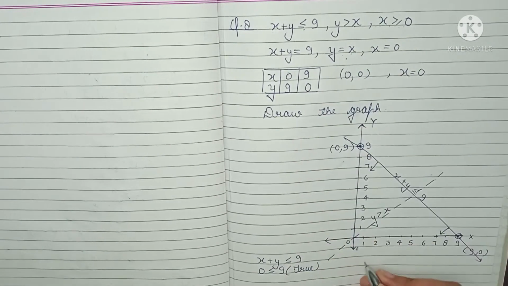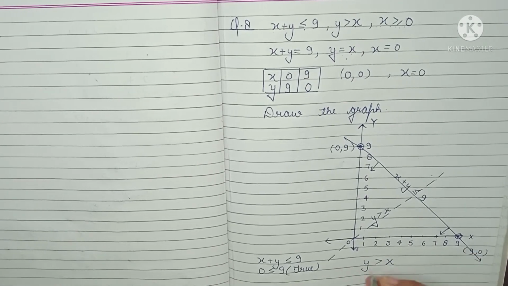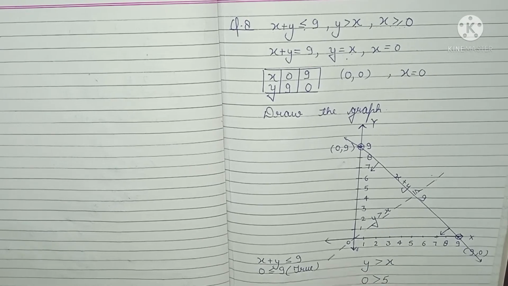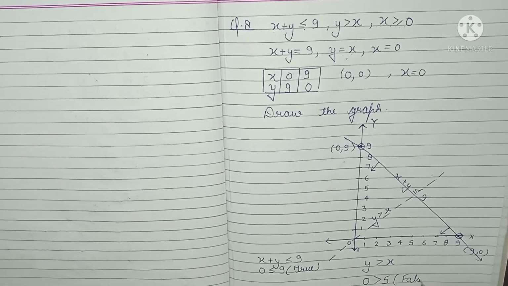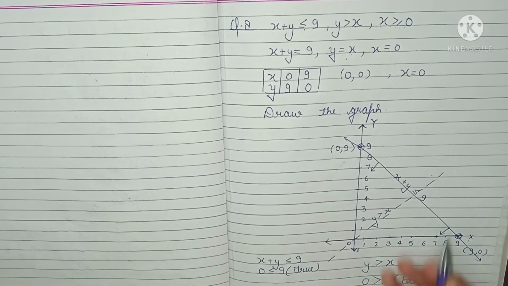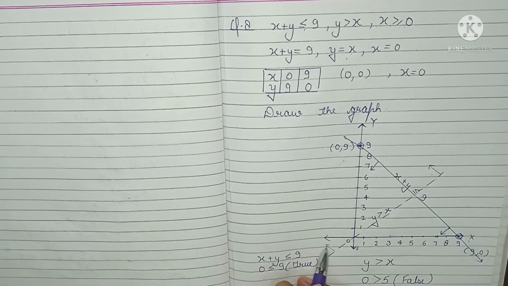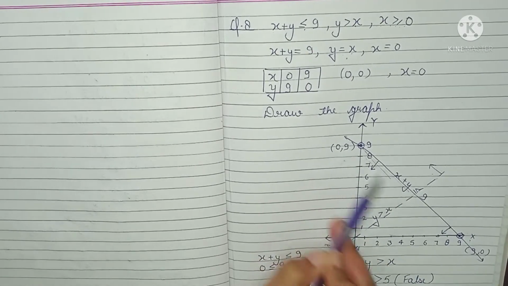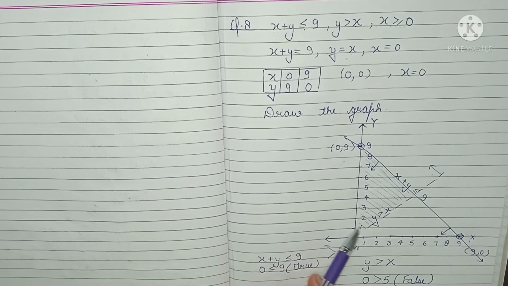And for the second given inequality, y is greater than x. अगर मैं कोई x एक्सिस का पॉइंट सेटिस्फाई कराती हूँ, 5, 0, x is equal to 5 and y is equal to 0, तो ये आपकी कंडीशन कैसी हो गई? False. It means आपका जो शेडेड रीजन है टुवर्ड्स द x तो है नहीं. It means the shaded region is away from the x-axis. Now the shaded region is this one. This one is your shaded region.